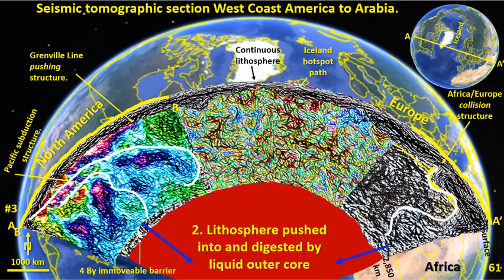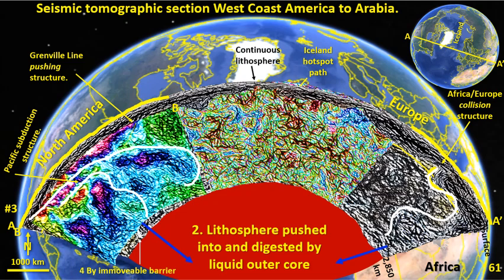We're specifically looking at the North America and Europe section on this West Coast America to Arabia cross section. We're starting to look at the mechanics of the tectonic processes that have formed Earth. Under both the Pacific subduction zone and the African Europe collision zone,